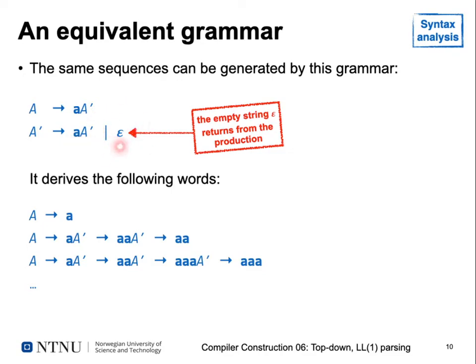And this is our second rule for A prime. Our second rule for A prime means that A prime can also resolve to epsilon, and epsilon is the empty string. So the empty string returns from the production. We see now we derive our words consisting of multiple A's from the left hand side. So we can start,